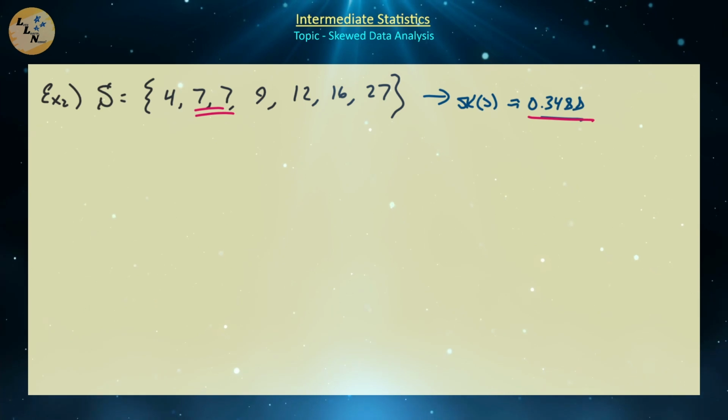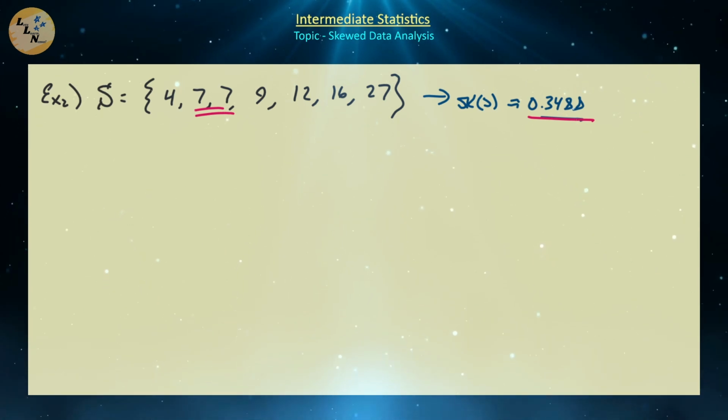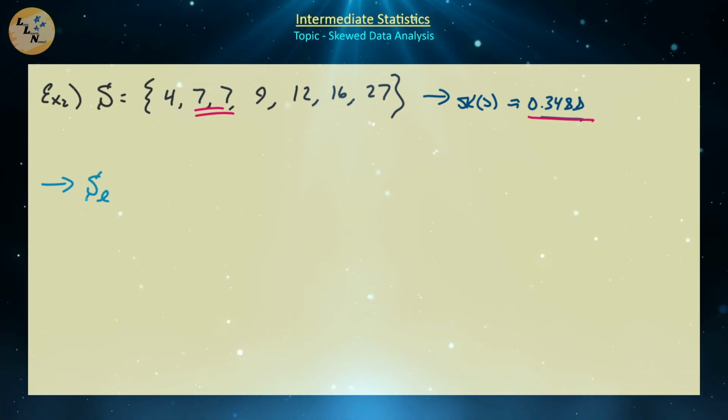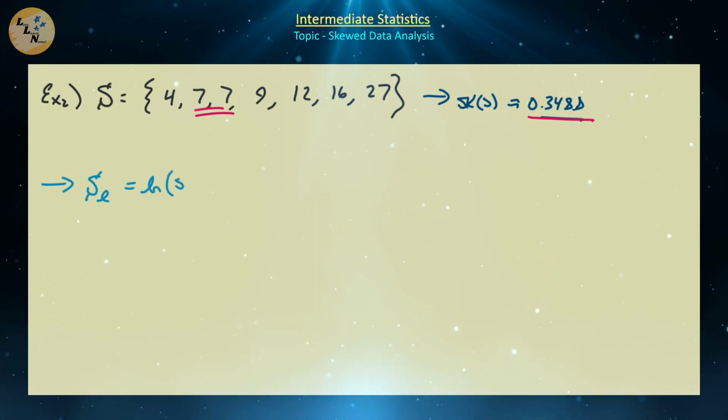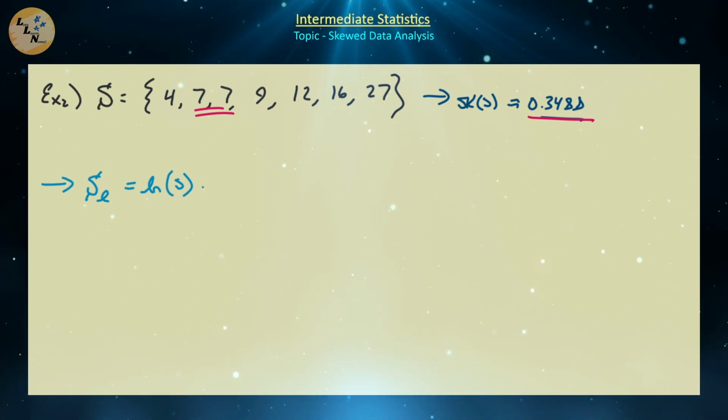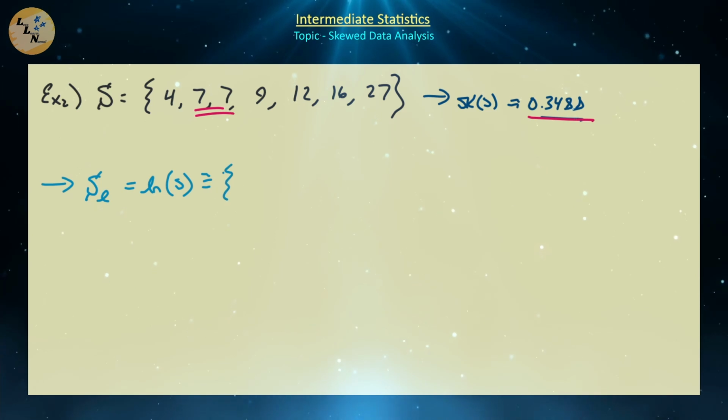So if S is truly coming from a log normal distribution, then if we take the natural log of the elements of that log normal distribution, we should get an approximately normal distribution, i.e. a sample data set whose skewness is a little bit closer and closer to 0. So if we define a new set called SL, which is just going to be equal to the natural log of the elements in that particular data set, then we're going to get a new data set approximately equal to 1.39,